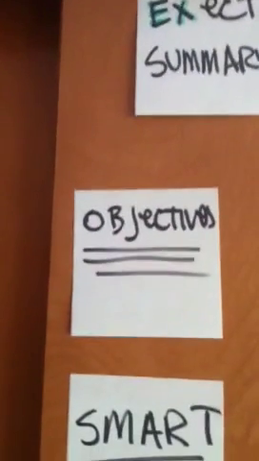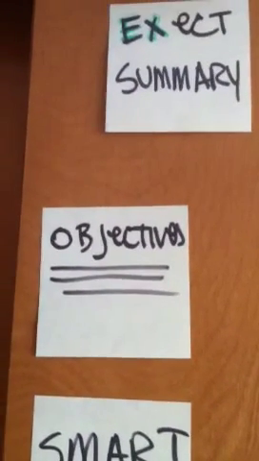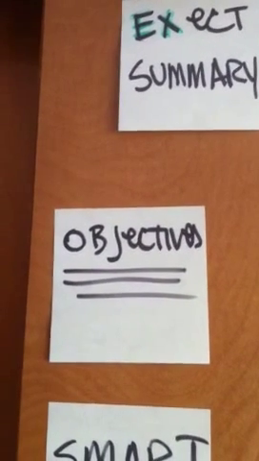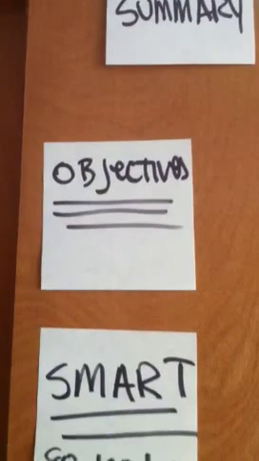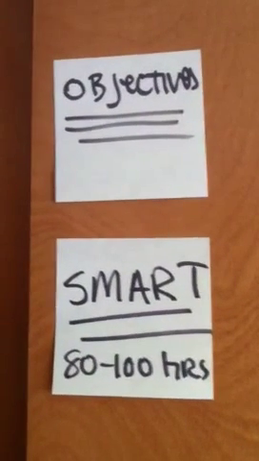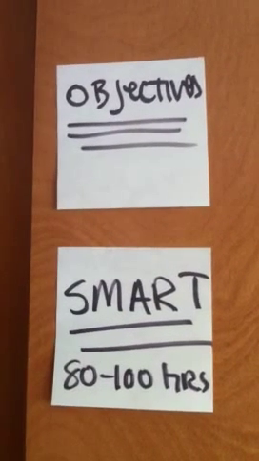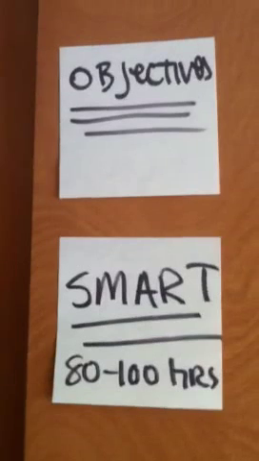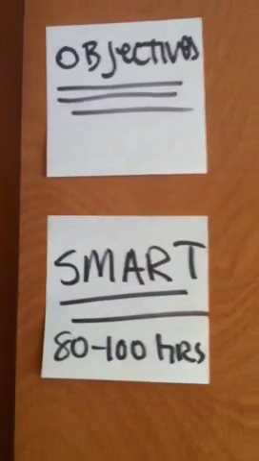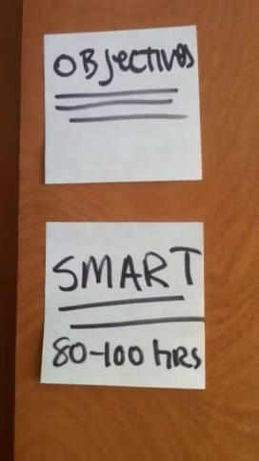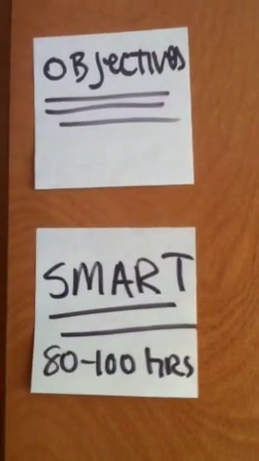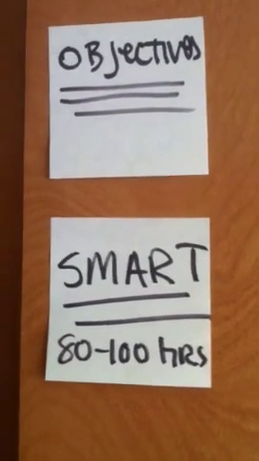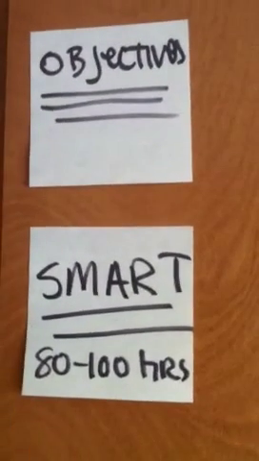Then as we come down on the statement of work, you have objectives. I think you're going to get in trouble if you have more than three. We better talk about it if you have more than that. But under objectives, what we're looking for is SMART objectives. Everybody knows I'm not going to drill down into what the acronym stands for. But you have to have SMART objectives here. Because the reality is we're only dealing with 80 to 100 hours if we put 10 hours to 12 hours of this a week on this project. So be smart. Get your objectives really tight.